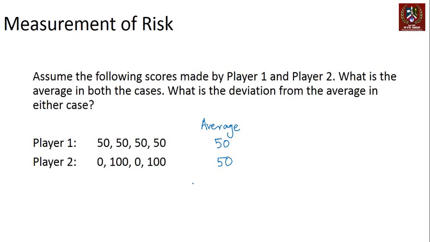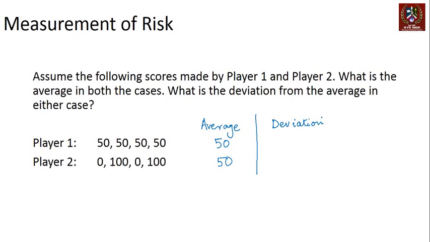So if you look at the average score of these players, it's exactly the same. Based on averages, if you are doing the selection, you are equally likely to select player 1 or player 2. Both of them would appear similar to you from your judgment point of view, right? But that's not the entire story. There is some sort of a deviation from the mean, right?